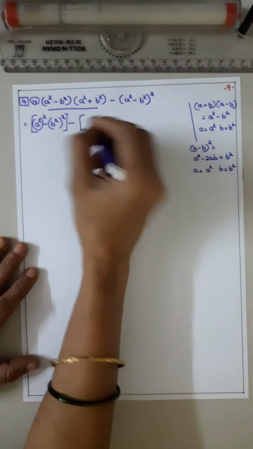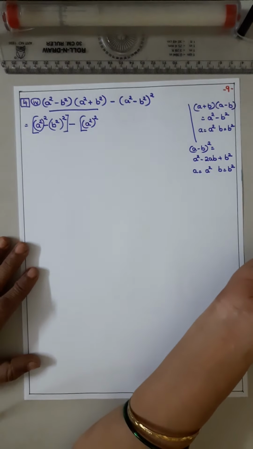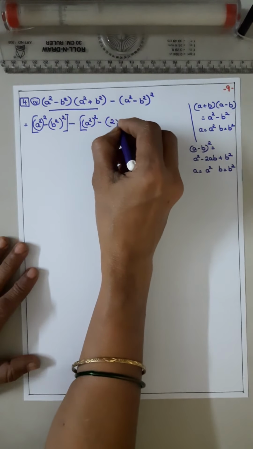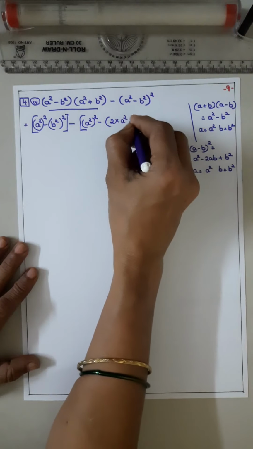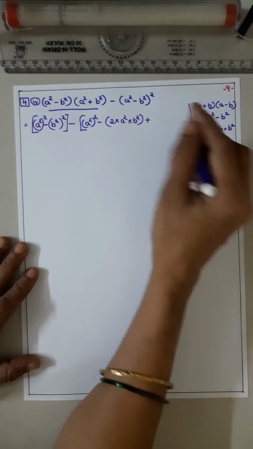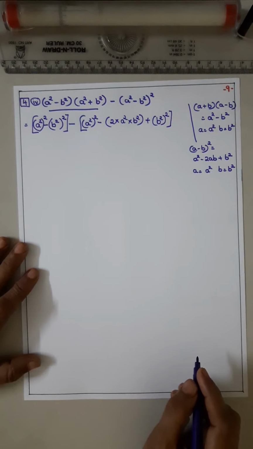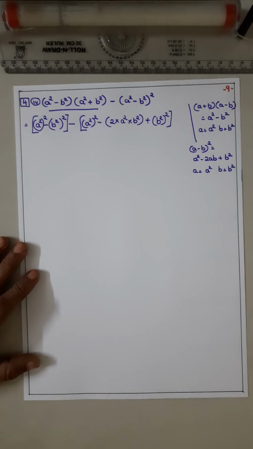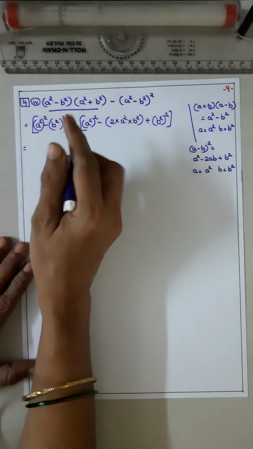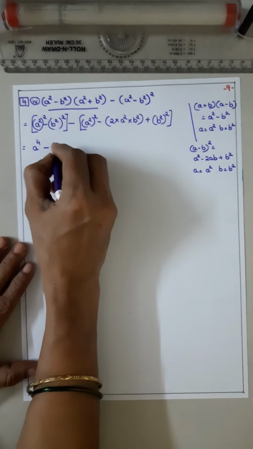सो ब्रैकेट ओपन, a is a squared the whole square. a squared के जगह में a squared the whole square minus 2ab. 2 into a is a squared, b is b squared plus b squared. b squared के जगह में आएगा b squared the whole square. थोड़ा संभालो क्योंकि a के जगह में a स्क्वायर, b के जगह में b स्क्वायर डालने का है. एंड नाउ व्हाट इट विल बी? a स्क्वायर द होल स्क्वायर विल बी a टू द पावर 4. b स्क्वायर द होल स्क्वायर विल बी b टू द पावर 4.